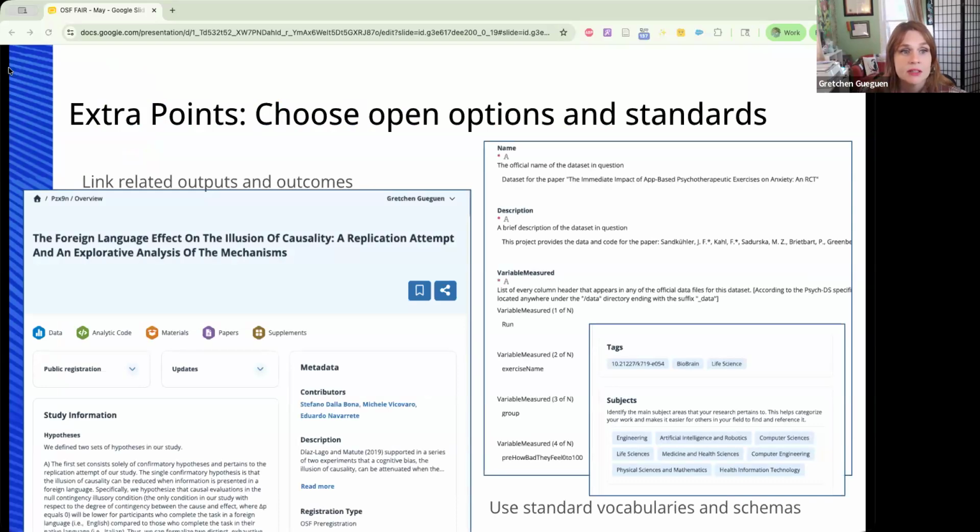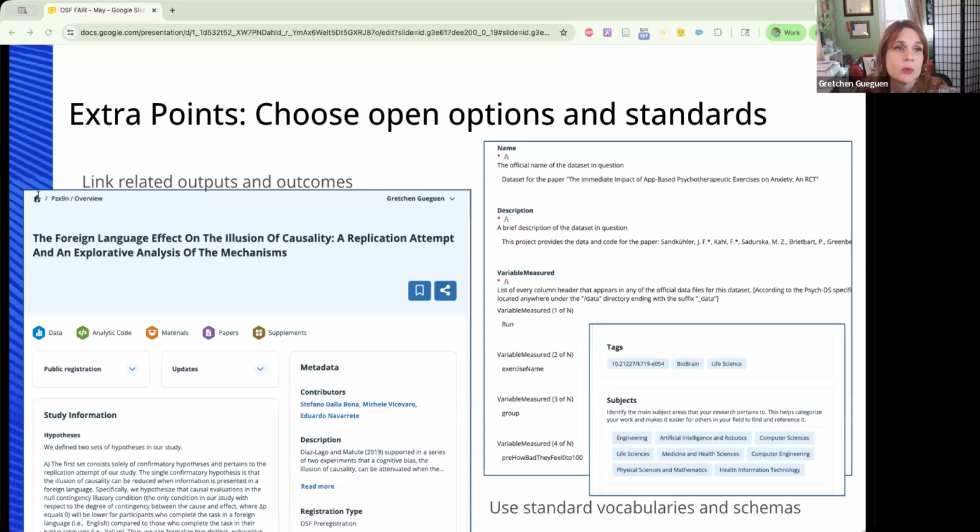So in OSF specifically, you can use built-in standard vocabularies and schemas. We offer them specifically for subject headings. You can also have the ability to add additional metadata in several community standard templates. So the example here on the right shows metadata that has been added to a project or registration using the PsycDS format.